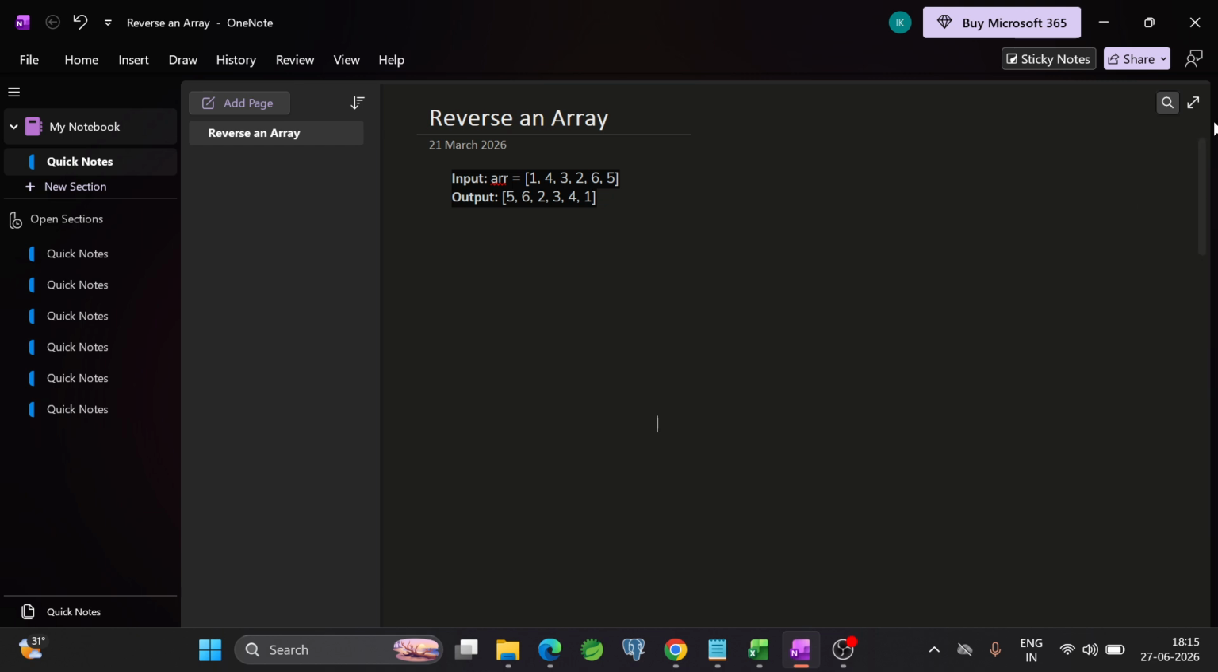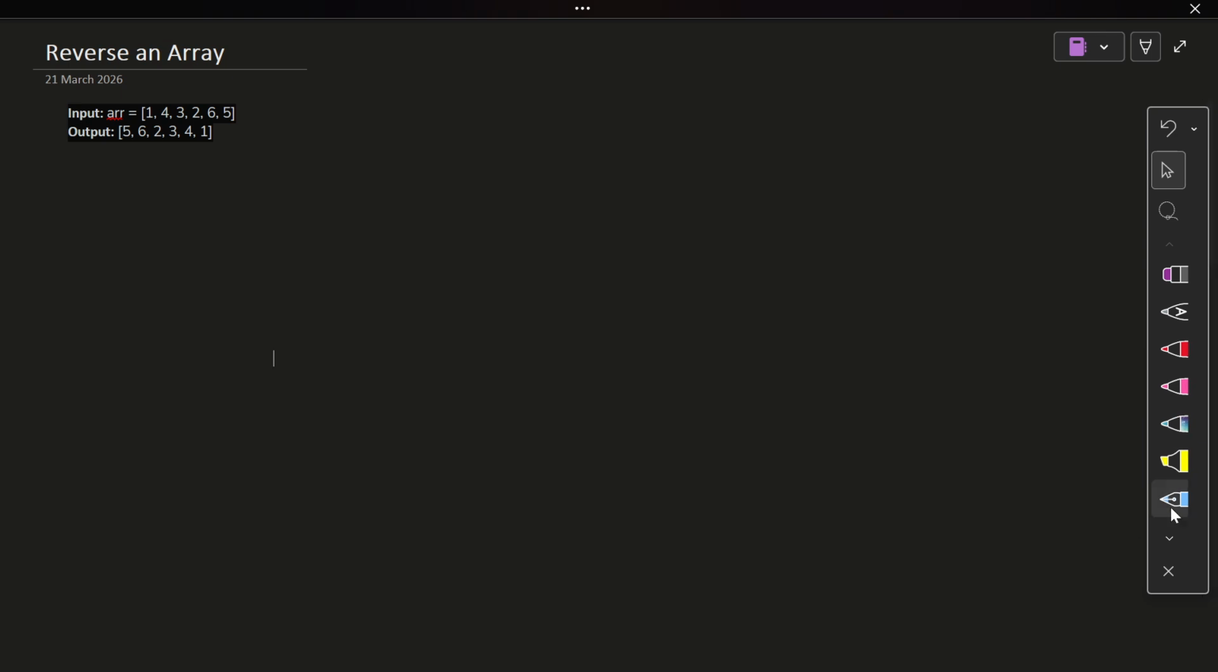I have taken one input array to solve this question. Suppose the array given is 1, 4, 3, 2, 6, 5. And what is the output of this array? The reverse: 5, 6, 2, 3, 4, 1. Now first I will try to do